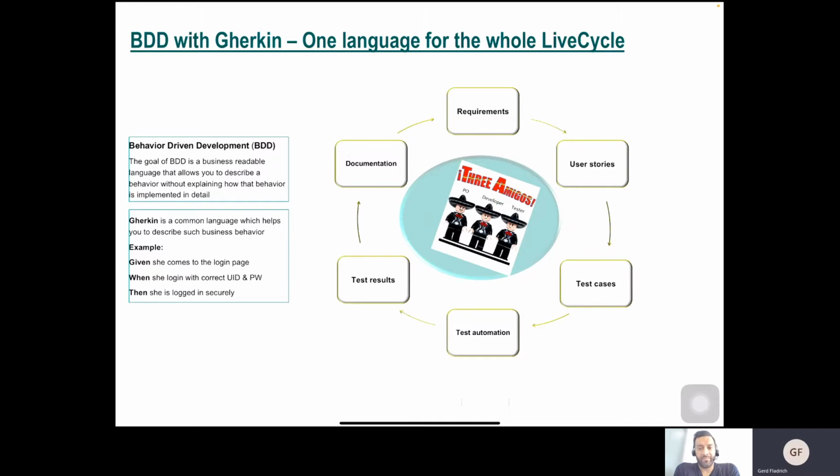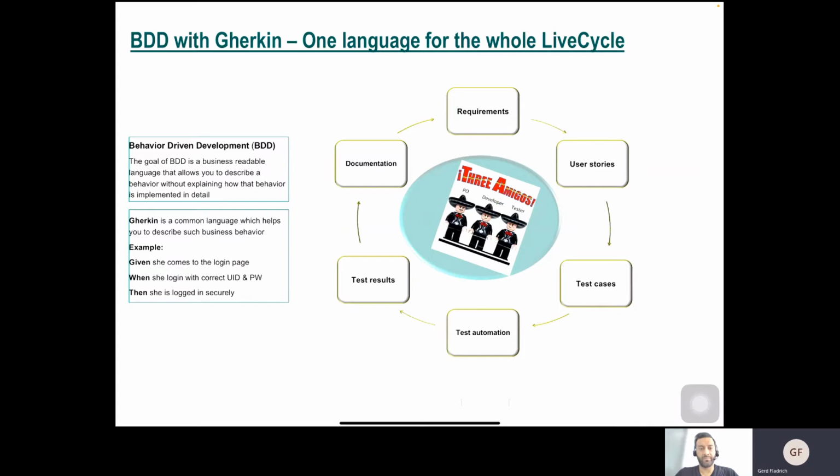So me as a customer, I would like to log into an application, and after I write in my right user ID and password, I'm logged in and I'm on the starting page. So this is a description of a behavior.